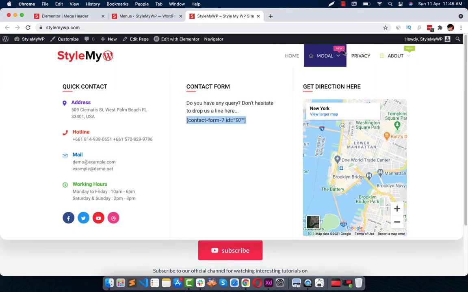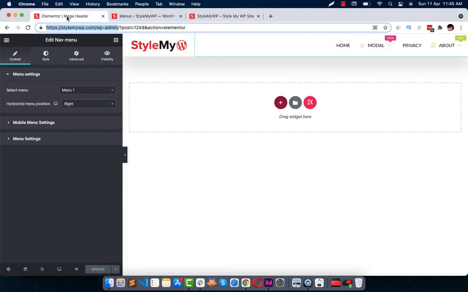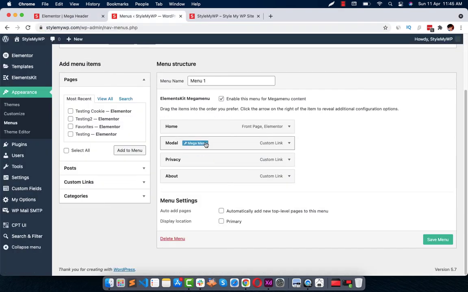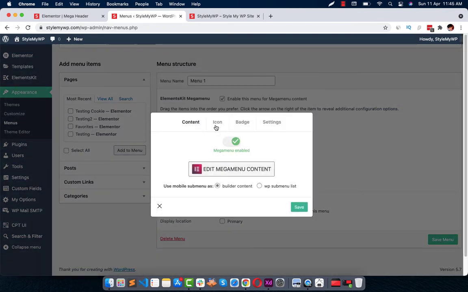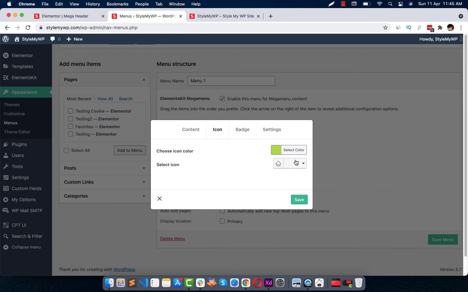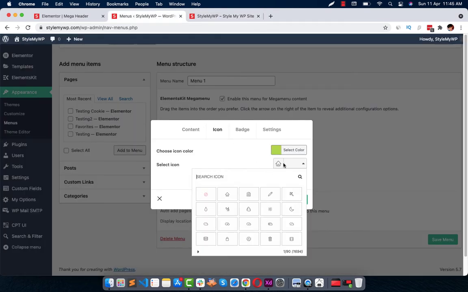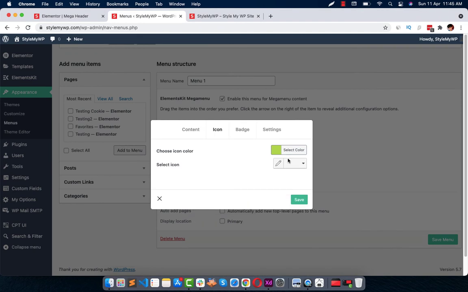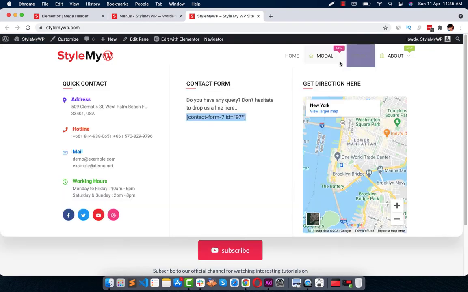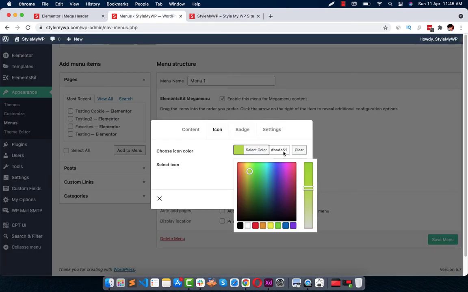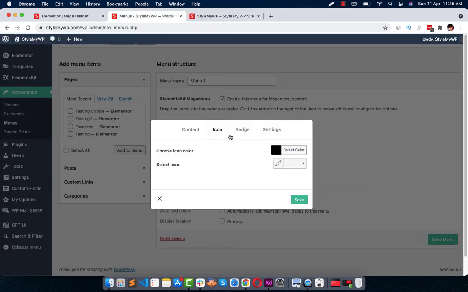I also have mega menu about. Or you can just edit this icon bar. So just get back to your menu, and here what you need to do is just click on any of these, click on icon. Here you can choose your icon. Here on model we have this icon, right? So you can choose any of these, and you can choose icon color. We have this color, as you can see, right? So that's why it's not visible much. You can choose black color.